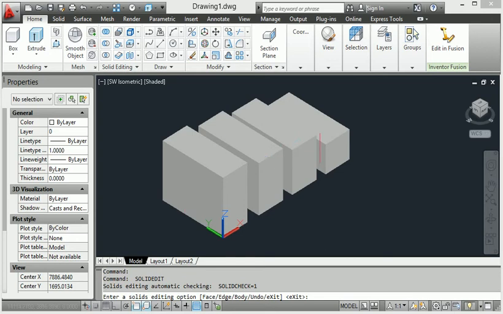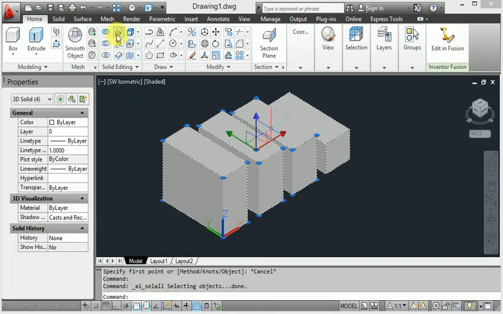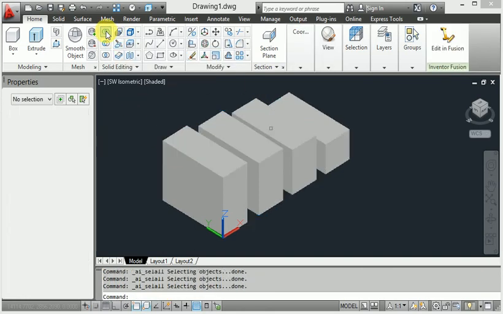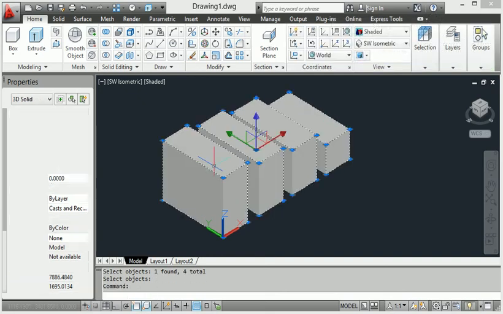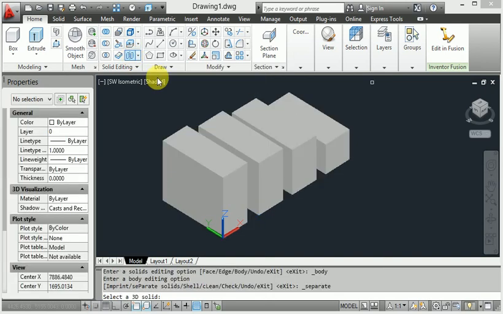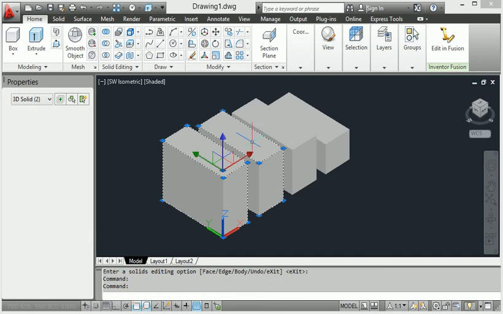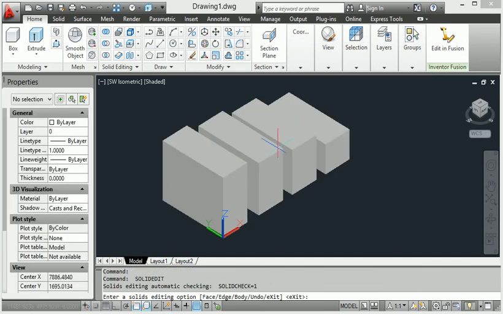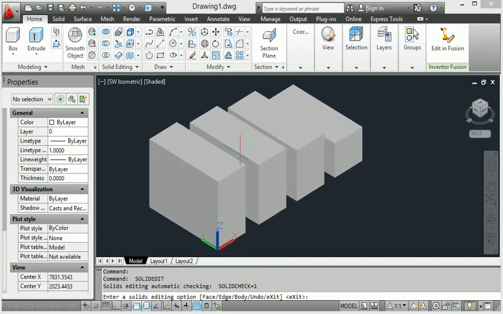Now again I will show you how to do that. First select the whole body, select the whole component, then go to union. When the union is complete, enter, and this is called the union selection. Then apply the separate command. This is separate. Then click here, this one and this one are individual selections. So it's an easy way of using the separate command.